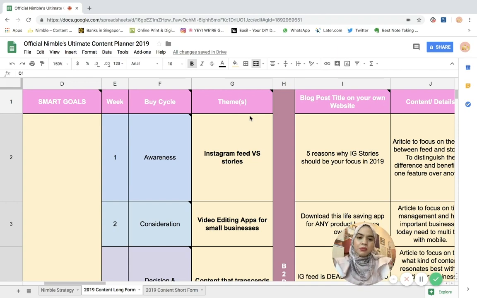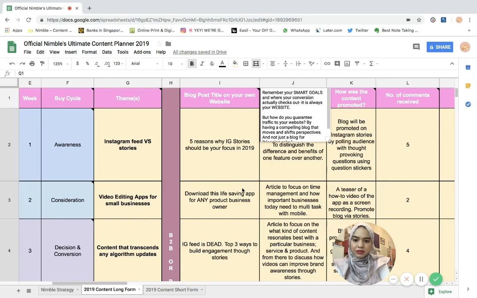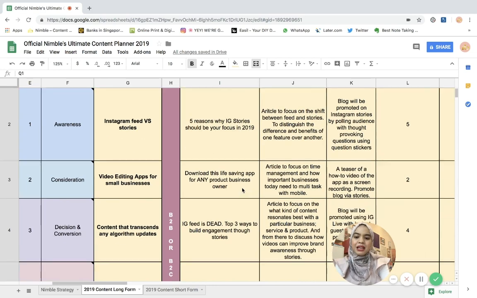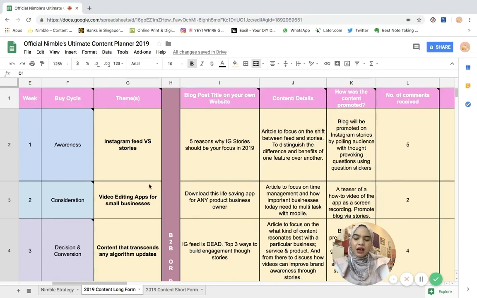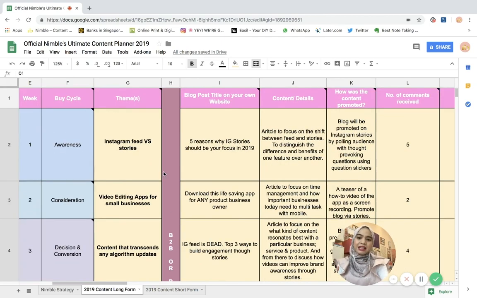All right. So moving forward, I'll just zoom this out a little bit. Here I have a purple row on H that says B2B or B2C. Now I don't know if some of you are in the B2B space, or some of you may be in the B2C space. Whatever it is, the idea here is that you need to